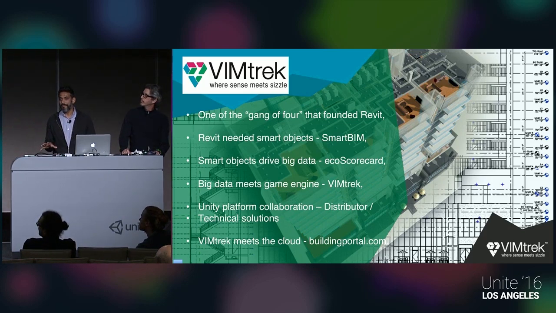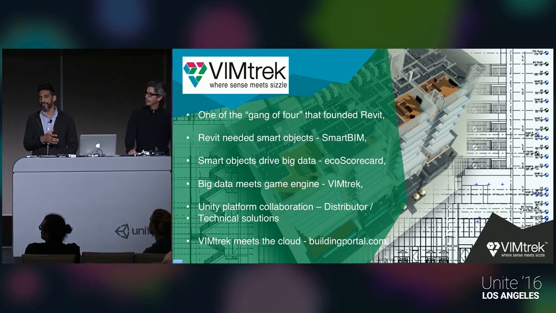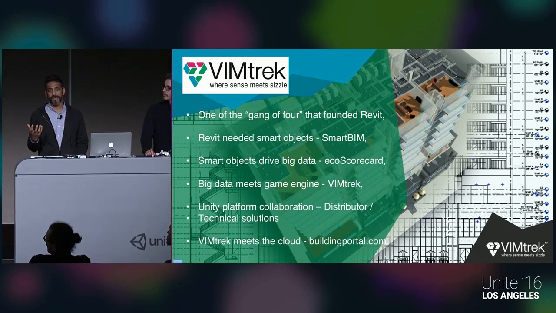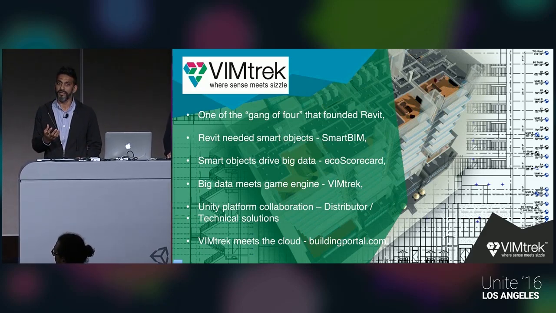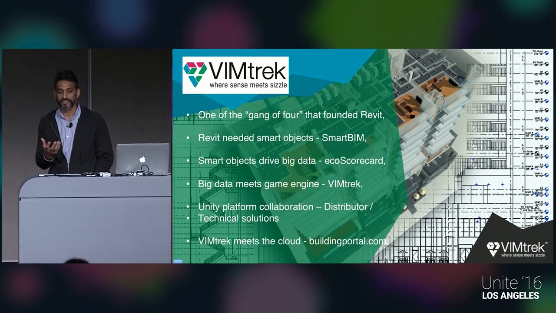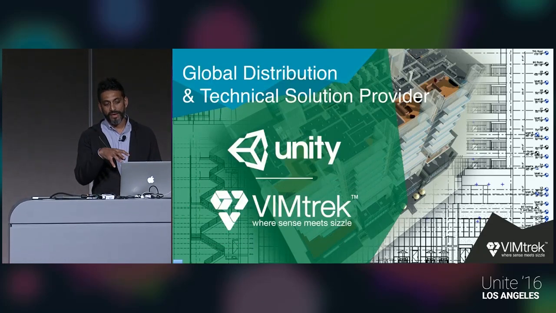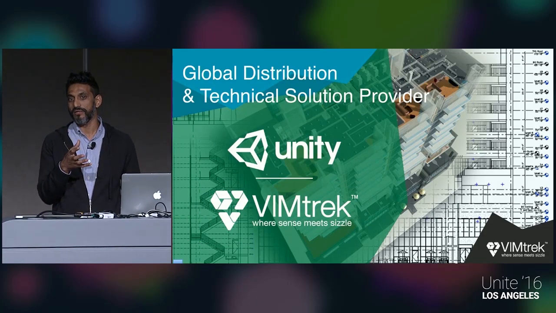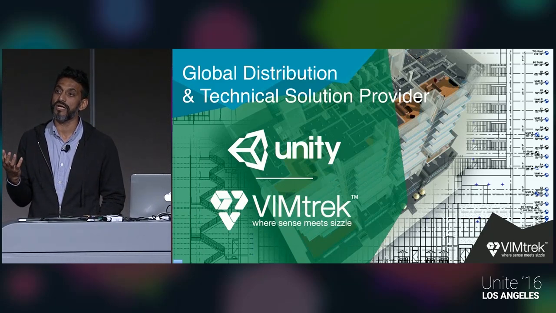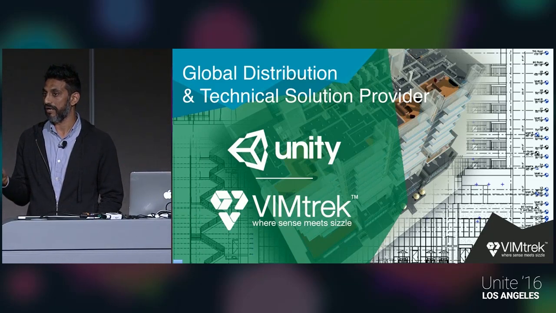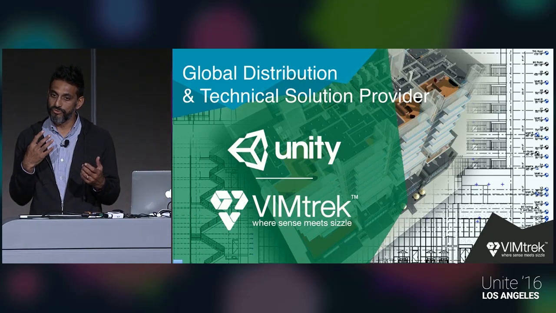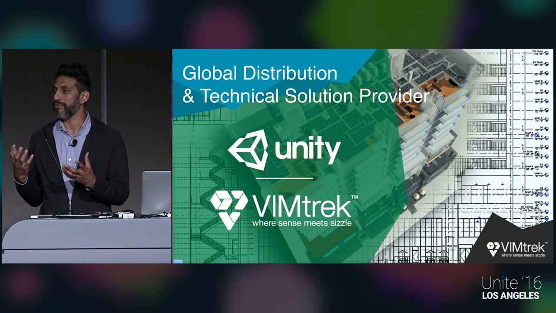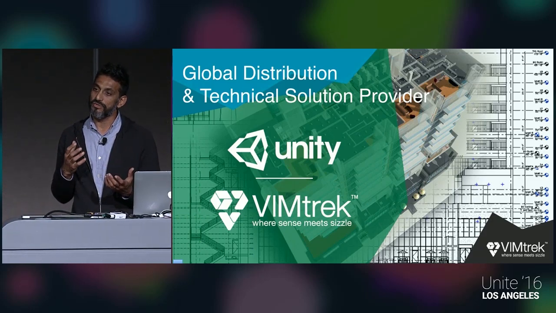Revit is a parametric modeler. It's probably got 80% of the market share out there. It's now owned by Autodesk. Bringing that tool set into a game engine like Unity can be quite challenging at the best of times. VIMtrek's developed some tools that will enable the Revit file, Sketchup files, and others to come into Unity in a heartbeat, basically. So we're creating some interop tools that will enable you to go directly into Unity.